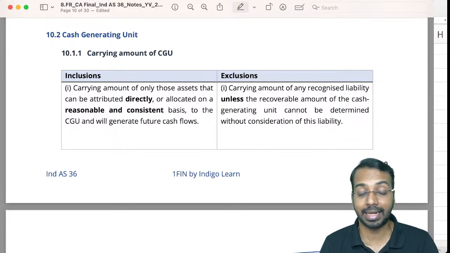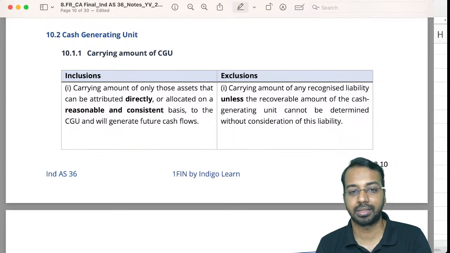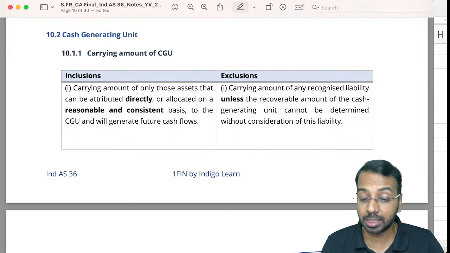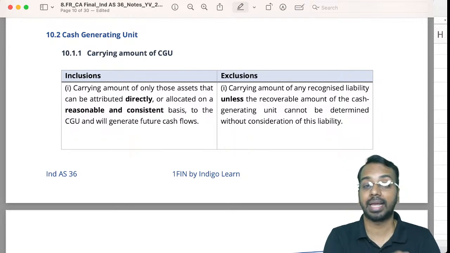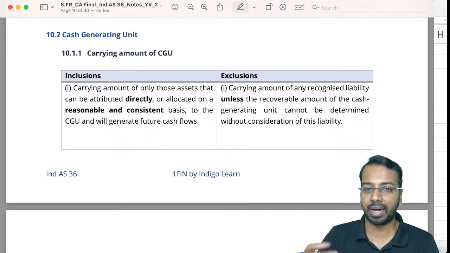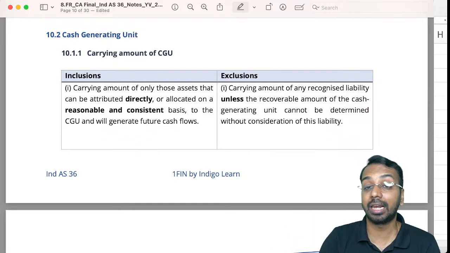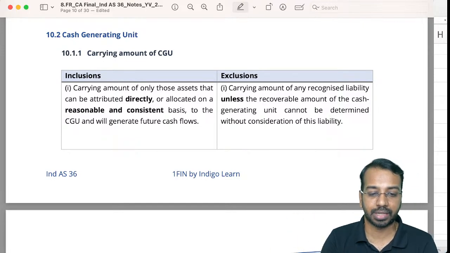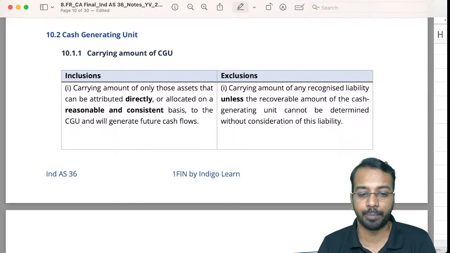So for cash generating unit, we will have the carrying amount. Now, how do we calculate carrying amount? Again, let us say a cash generating unit has various assets. As per the respective standard, calculate what is the carrying amount, right? So that is what is a cash generating unit. Now, let us say it has PPE, plant and machinery. If we talk about a branch, it has some receivables and all of that. Calculate as per the respective standard and determine what is the carrying amount. Okay, then